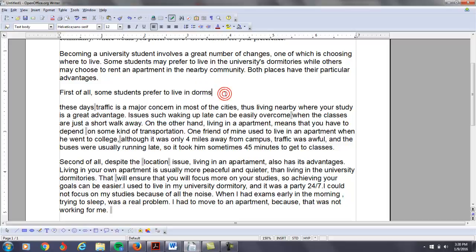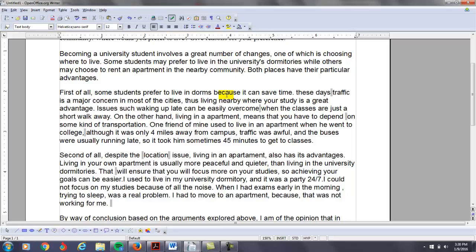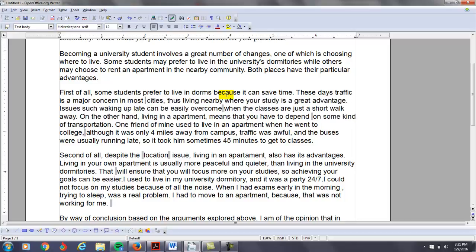Some students prefer to live in dorms because it can save time. And then we can get to this idea here. We can put these days, traffic is a major concern in most, and I think you can just say in most cities,